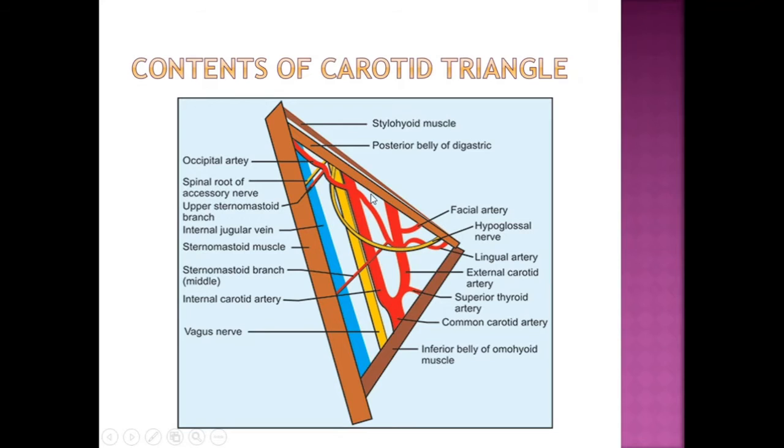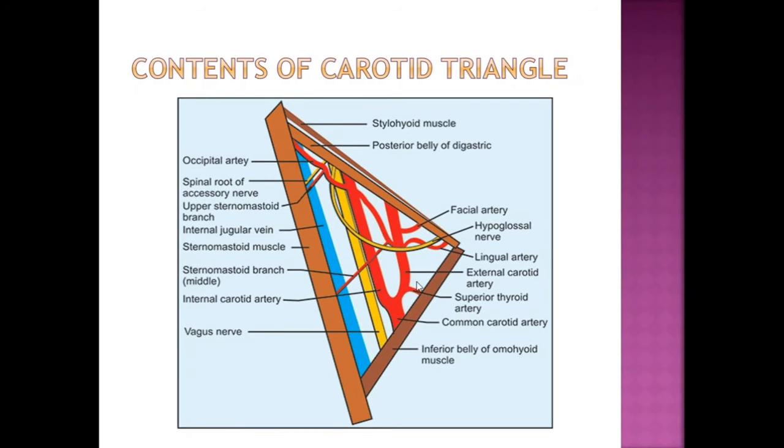In the upper part of the neck, the interval between the internal and external carotid arteries is occupied by a part of the parotid gland, the styloid process of the temporal bone and the muscles attached to it, and also the glossopharyngeal and pharyngeal branch of vagus nerves. The common carotid artery and the internal carotid artery do not give any branches in the neck.